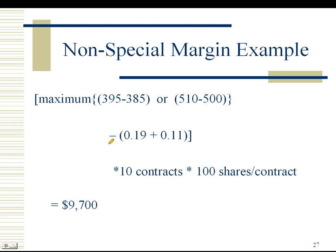Taking the previous example of the bull put, where we had the 385, 395, and the 500, 510 for the bear call, and then the same net credits. Our margin is $9,700, which is about half of what it was before. And so this is a really cool feature, but it can also be very dangerous because now there's a real potential that you can lose everything you've invested with the